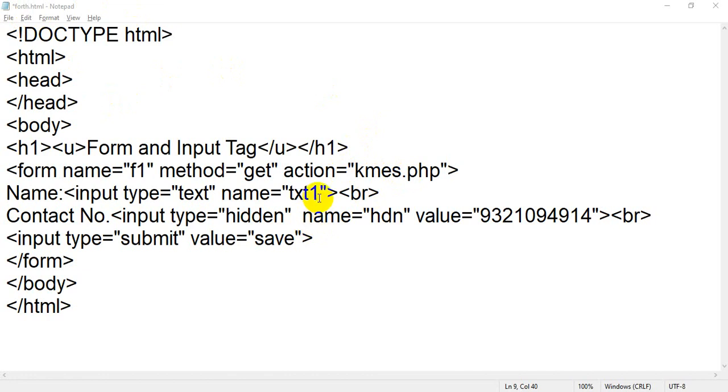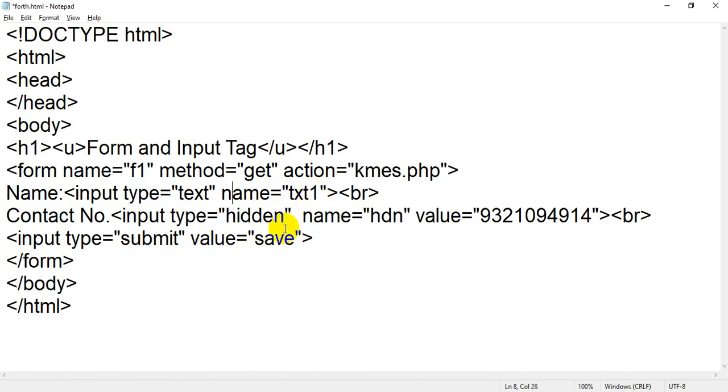So when you click on the submit button, the value of this form will transfer with the name of your text box. What is the name of the first text box? The name of the first text box is txt1. So whatever value you insert inside that text box, it will bind with txt1.